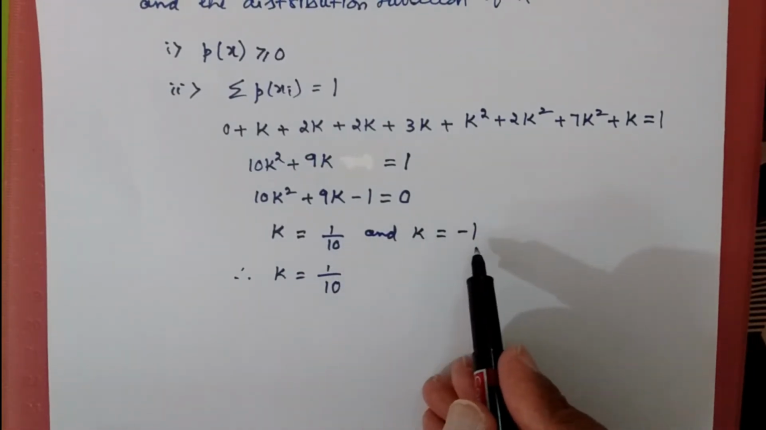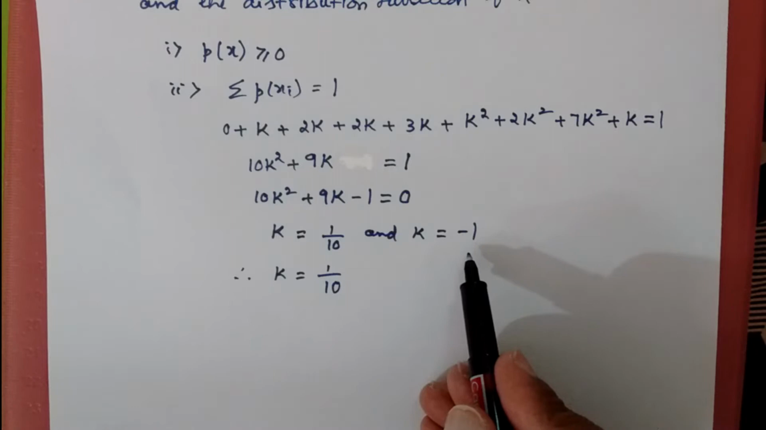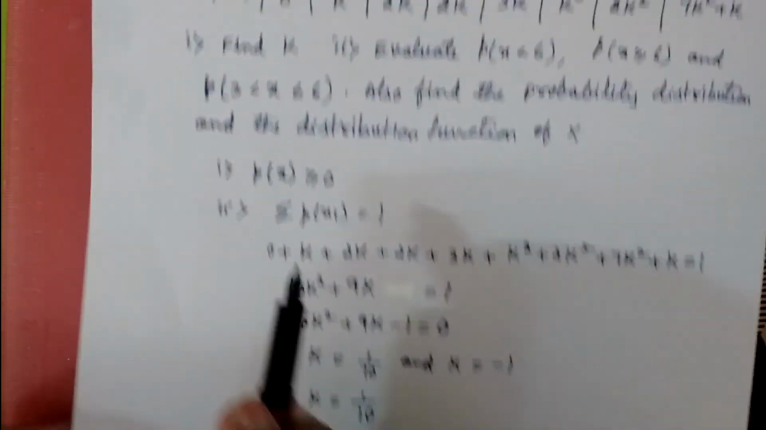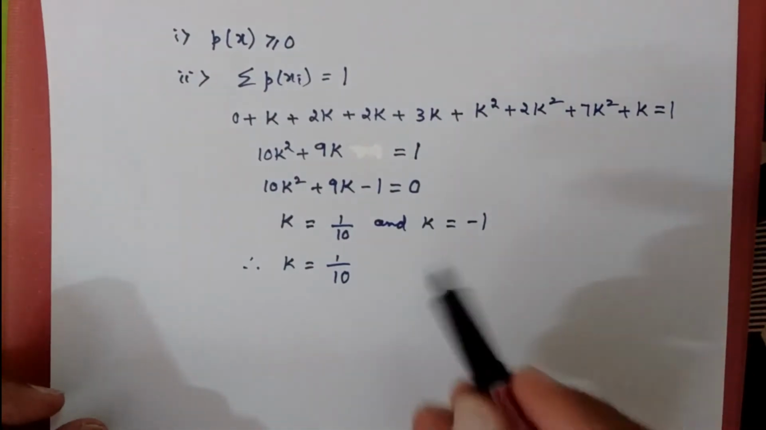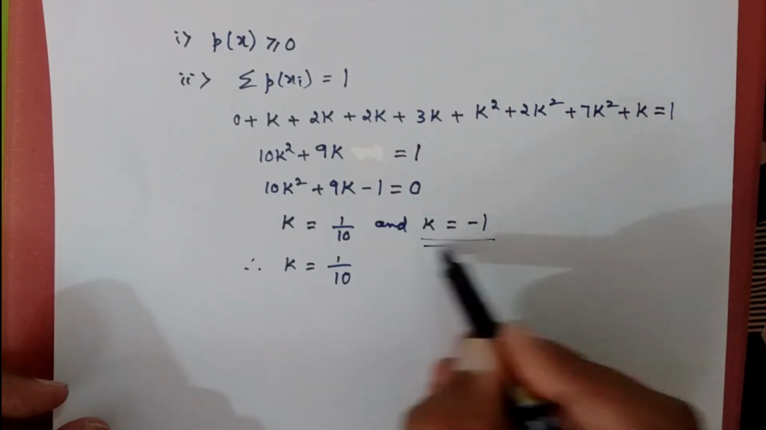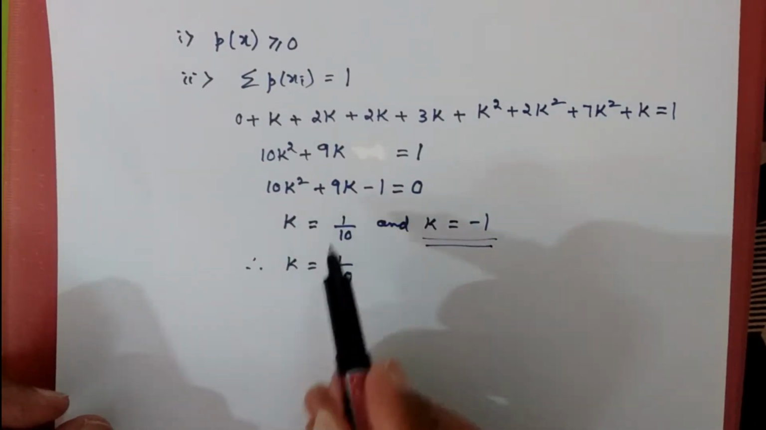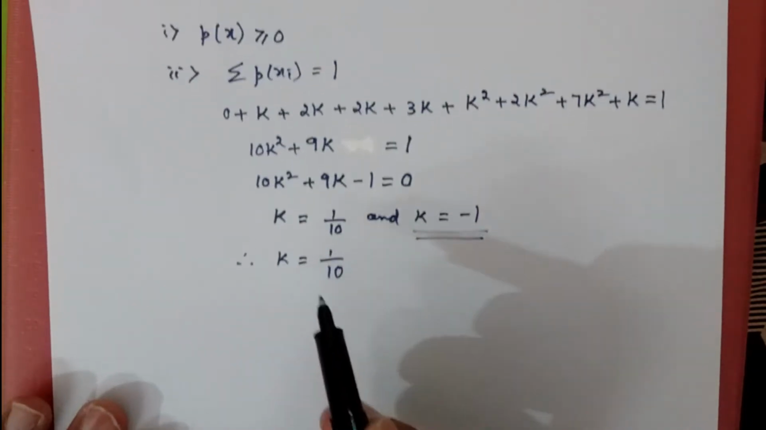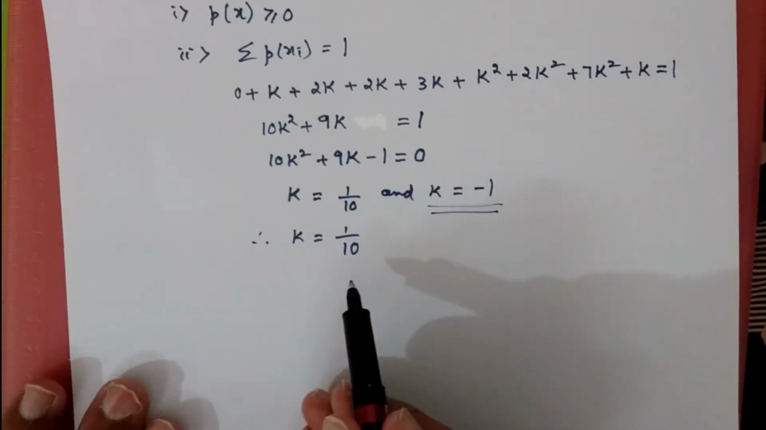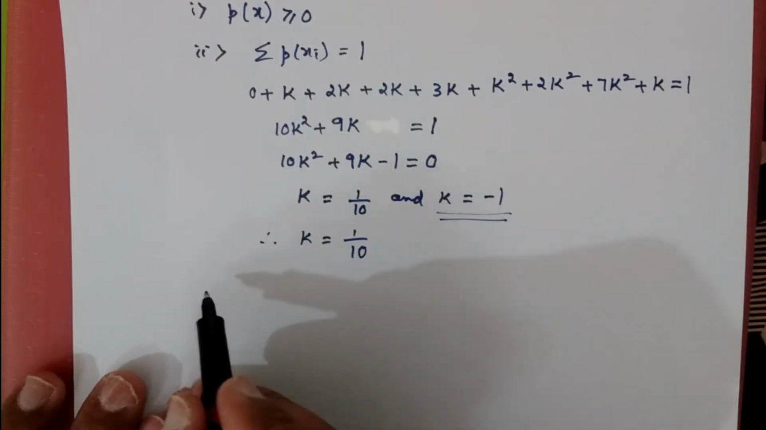and the value of k will be equal to minus 1. But since we have this condition that p of x is greater than or equal to 0, the value of k should be positive. So this case cannot be considered. You have to take the value of k to be positive, hence we get the value of k as 1 by 10. So now if you try to plug in this value of k back in the table,